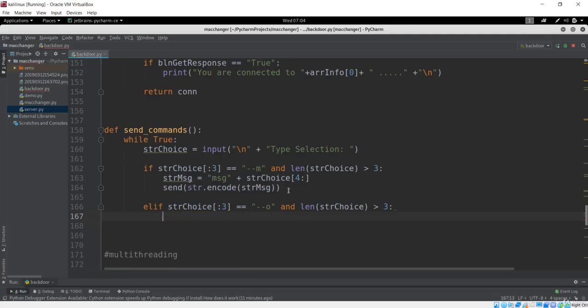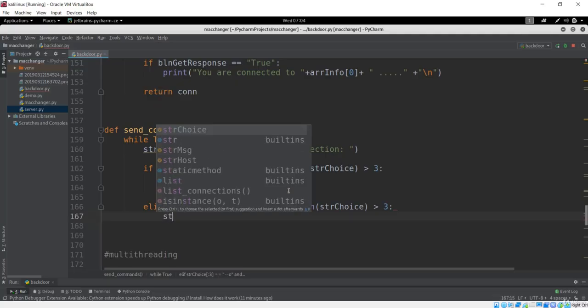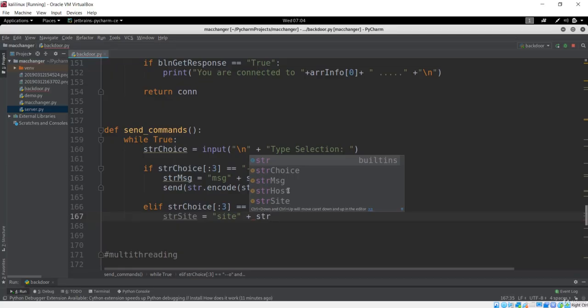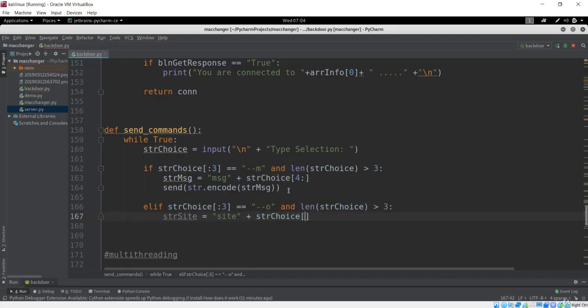Now we have to make the site. I'll say fetch the site that we want to give, and I'll give it with this site information, because we have to notify that this is the site. Now I'll get the string choice that is sliced from the 4th part, because this is where www.google.com starts, from this 4th index.